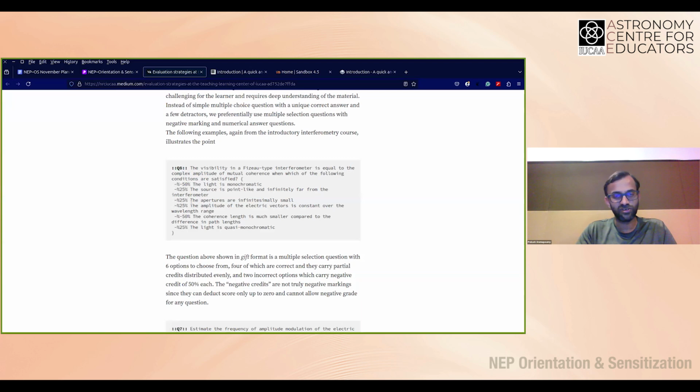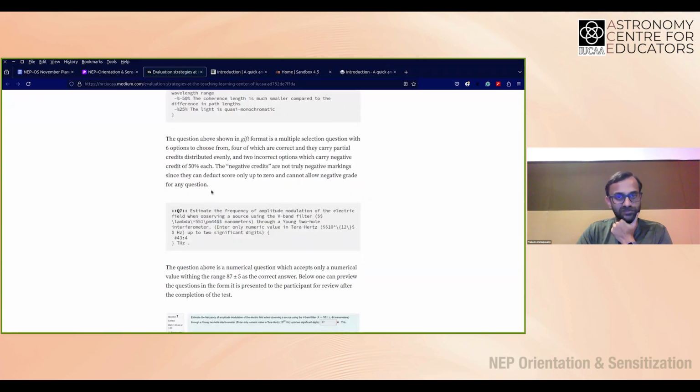Again, these are the references for where one can learn this. One need not worry about it right now if it's completely new to them. But you can take off 50% of the points if some answer is clearly wrong. You can give them partial credit in increments as they choose more and more correct answers, and penalize them either very strictly or very lightly. It has a lot of options.